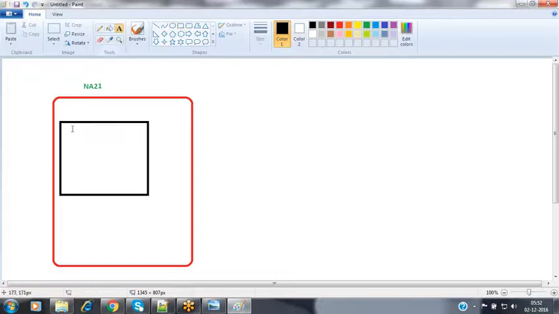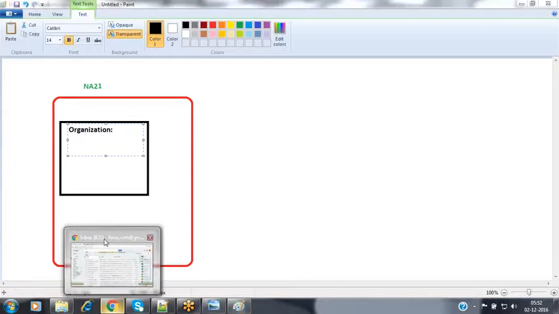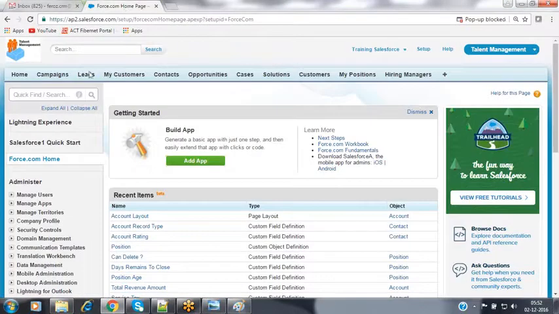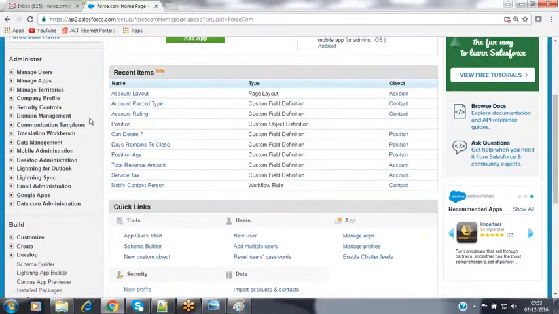Now this is the amount of memory allocated by Salesforce to me. This is the organization ID. This is my organization. For this organization, Salesforce allocates an ID. So I'm going to add my organization's ID inside that. How do you know the ID of the organization created by Salesforce?